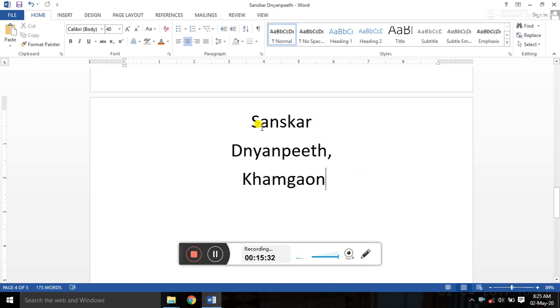Now let us see. But see student, that Sanskar is in the middle, Nanpit is also in the middle, and that word Khamgaon is also in the middle. Now once you select that word Sanskar, let us see here student, out of those 4 options, that is called left alignment, this is called center alignment, that is called right alignment, and this is called justify, right? One by one we have to learn the types of alignment, because in 10th standard also there is a most important question: how many types of alignments are there? Explain with an example, right student?